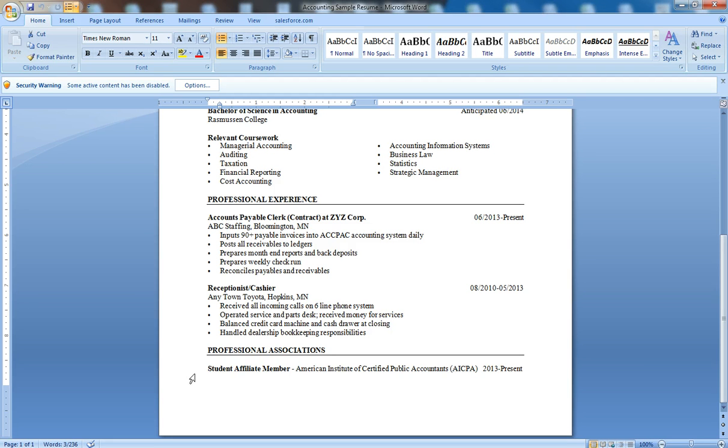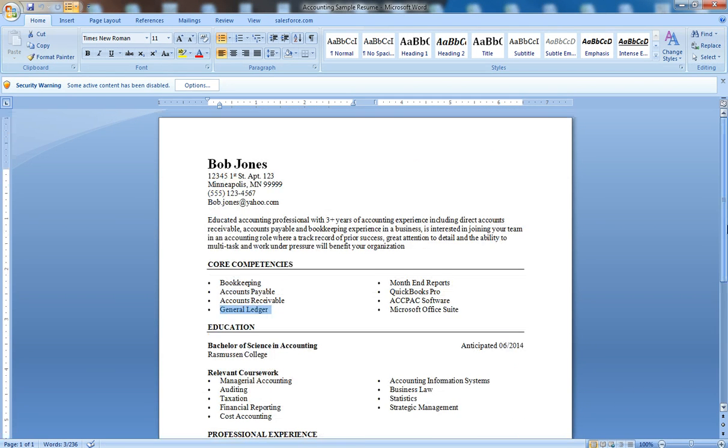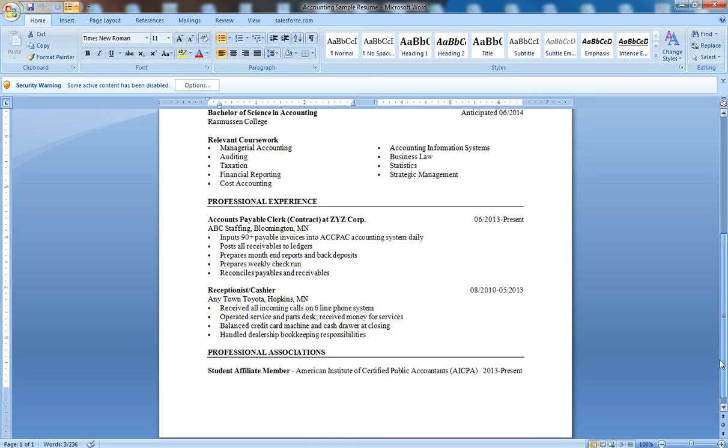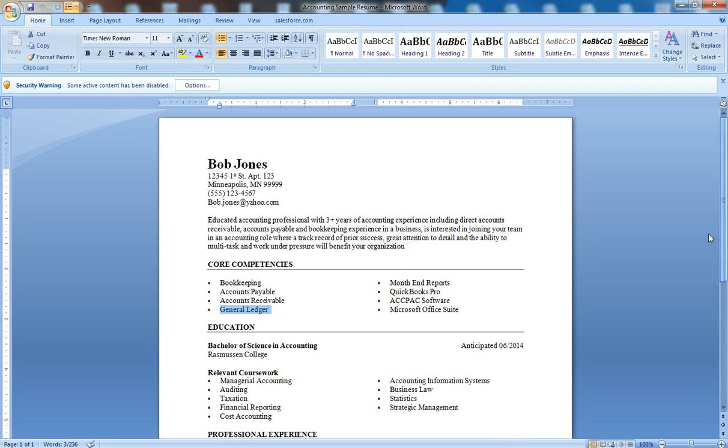Last, you'll see a professional associations section here. In this case, they're a student affiliate member for a certified public accountants organization. You could also have a certification section for an IT in certain areas, but all of this together is a very straightforward resume. The last thing I want to point out is make sure your bullet points are aligned up and down the screen, often on the left-hand side, and that the dates are aligned from top to bottom on the resume as well, creating a fully functional and aesthetic resume that is more pleasing to a recruiter's